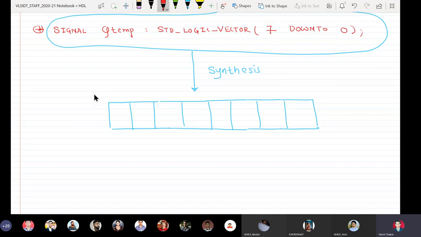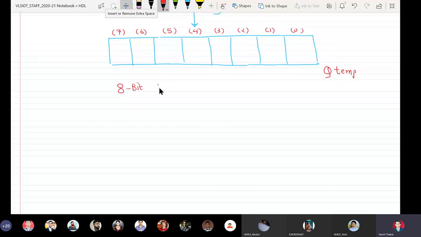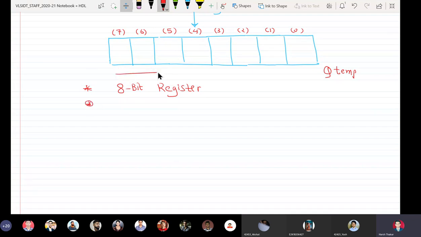So this is actually an 8-bit register, and this is called a horizontal spread.